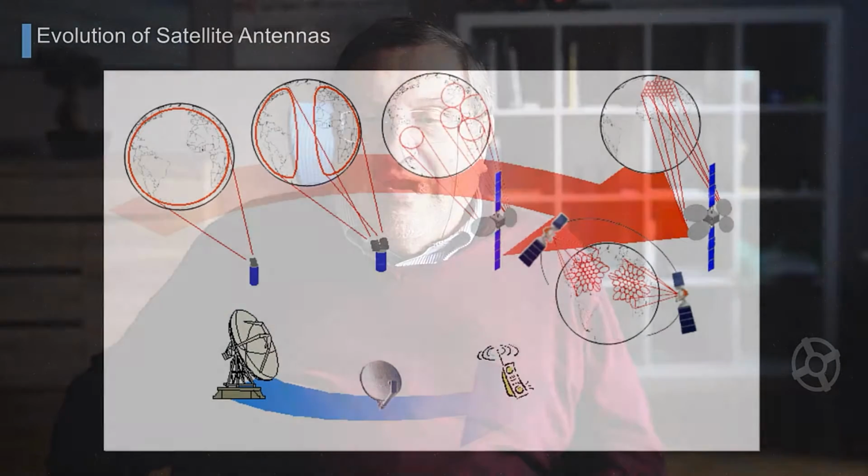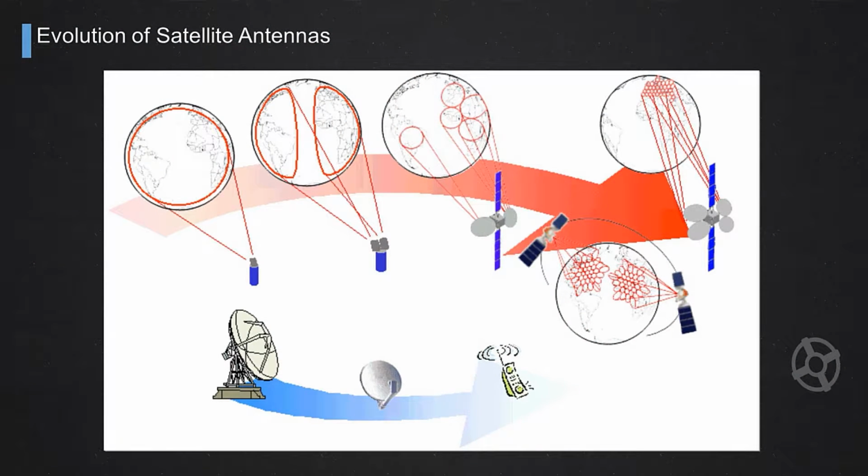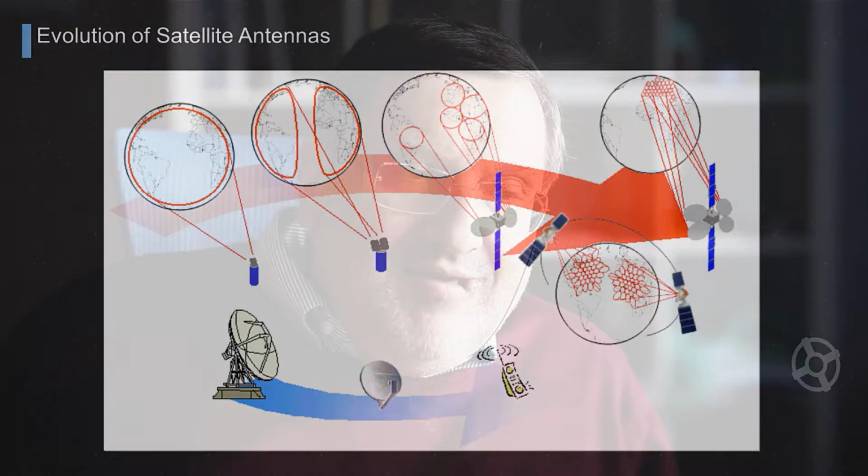signal. The smaller the coverage area, the smaller the beam width I can realize, and the smaller and smaller becomes the size of the user terminal. So much so that when I get very sophisticated multi-spot antennas with very small spot beams realized over the Earth, I can in fact even use very simple user receivers with very small antennas that are portable. There are communications today through satellites where I can use something very equivalent to a smartphone with a very small antenna. This is achievable because of the gain I have realized